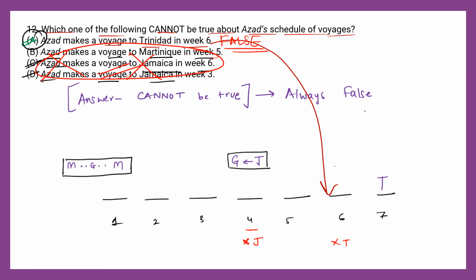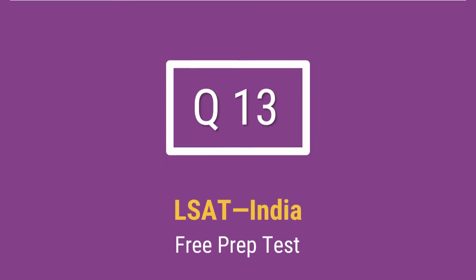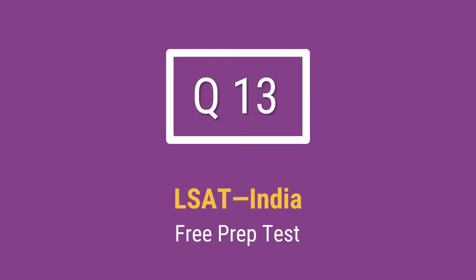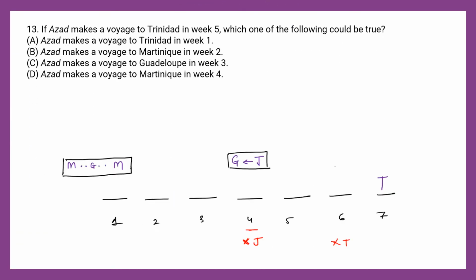Let us move ahead. Question number 13. So here is the diagram, and let us read the question together. It says that if A makes a voyage to T in week 5, then which one of the following could be true? So once again, before you look at the options, the question means that out of these 4 options, one of them could be true